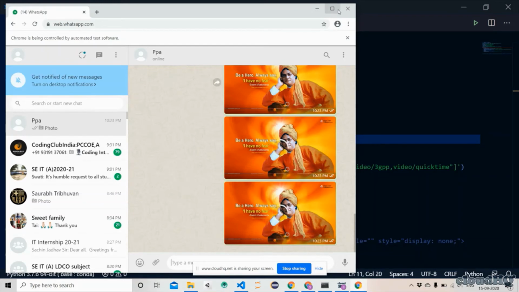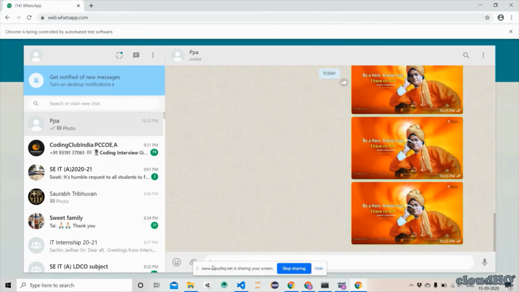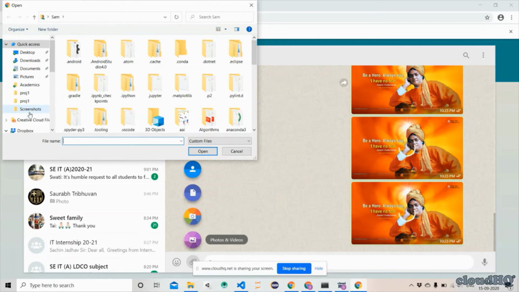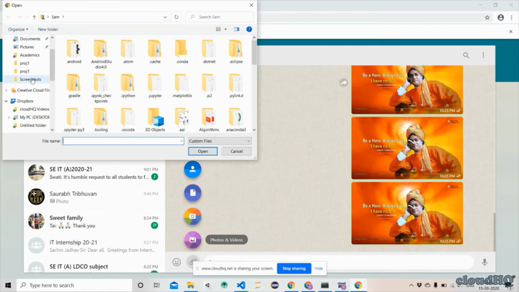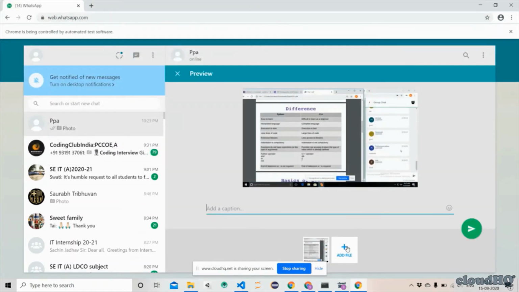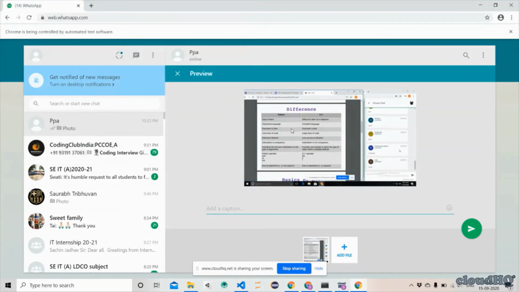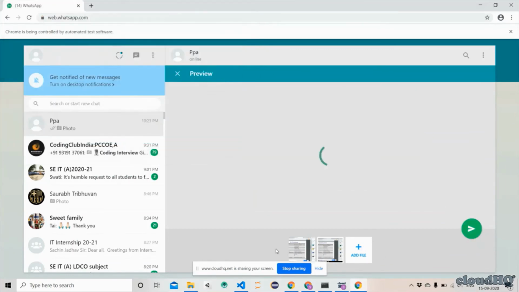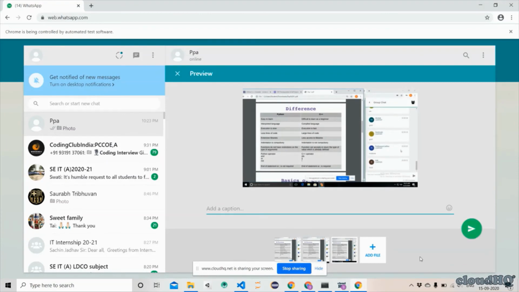For that, now we can do this. Suppose this image is selected, and if we want to select any image, towards this one, then we can do one thing: automatically this add file button is clicked, and again this one image would be selected, and again this process would repeat, and in one slot we can send at max 30 images.